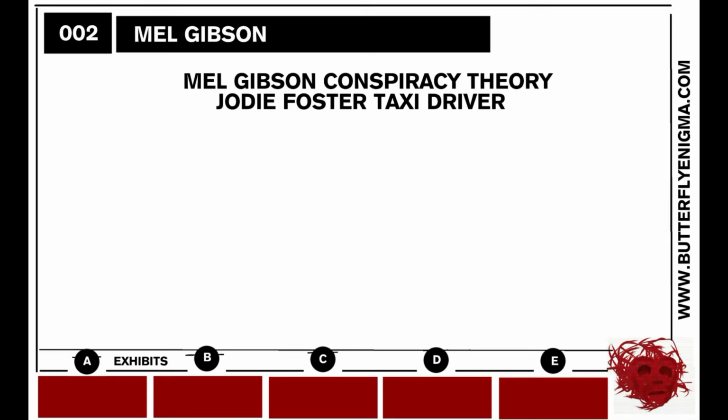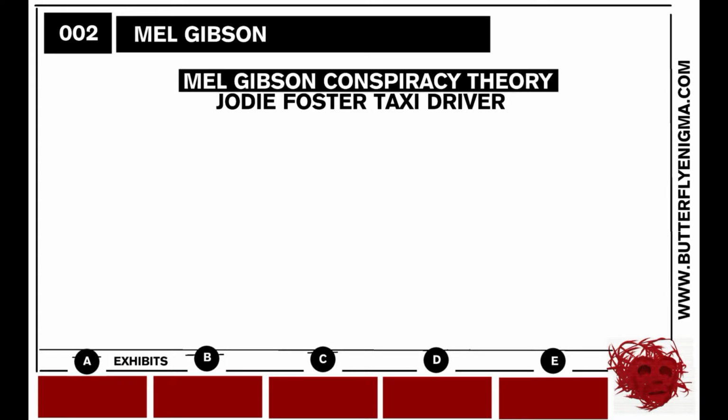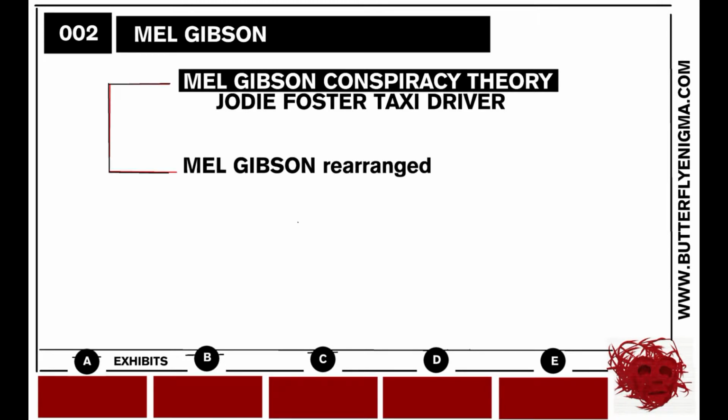In the next step, I will derive 3 key points from each of these results for a total of 6 key points. Okay, first, Mel Gibson, Conspiracy Theory. The first thing I'm going to do is take the name Mel Gibson and decode it. I'll do this by rearranging the letters of Mel Gibson's name as follows: